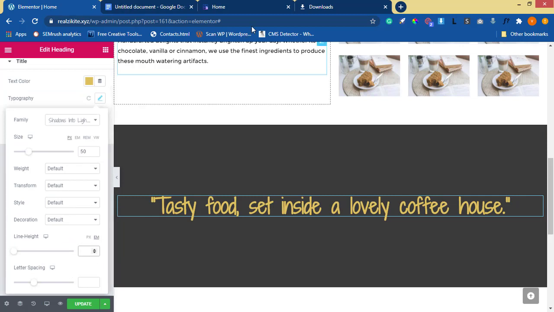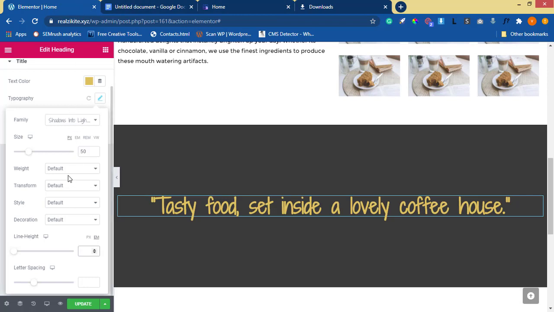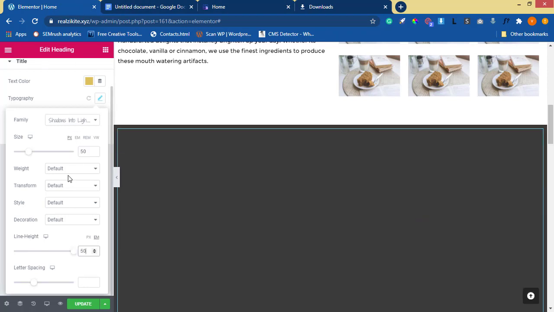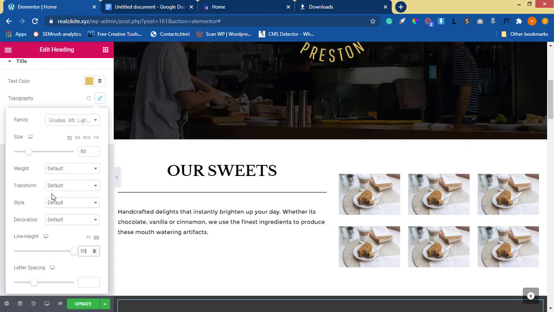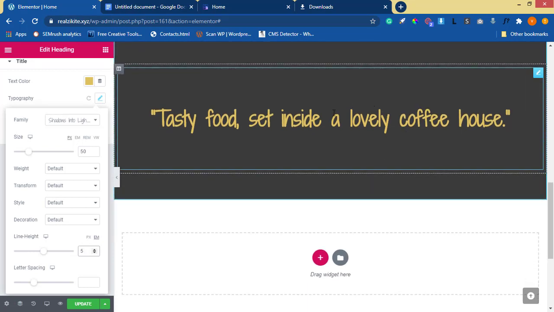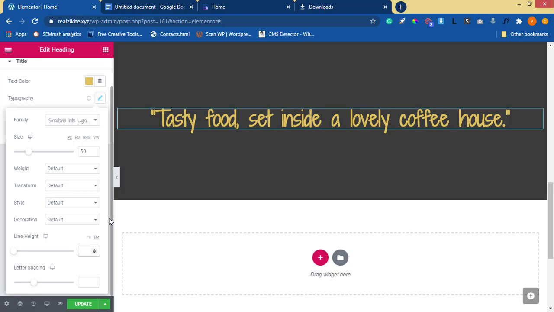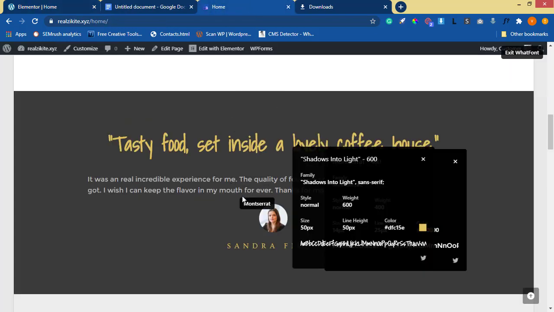Line height is what again? Line height is 50. Ooh, it's not what we want, so we're going to... Now, irrespective of whatever it says, you have to be very careful not to over design or mess up your design because you want to copy something else. So with this done, we're going to try